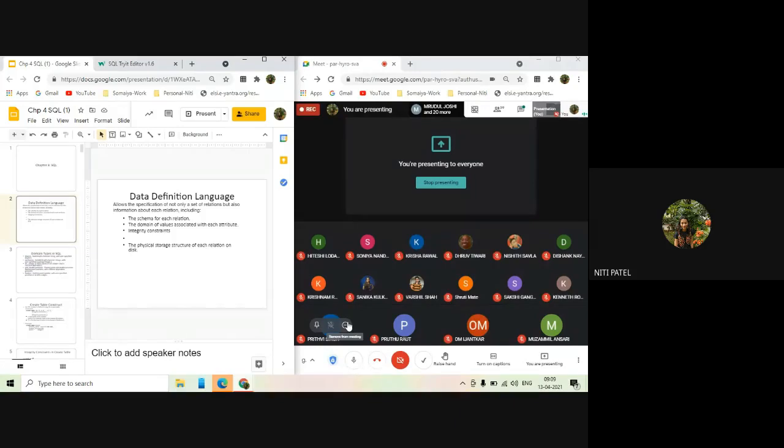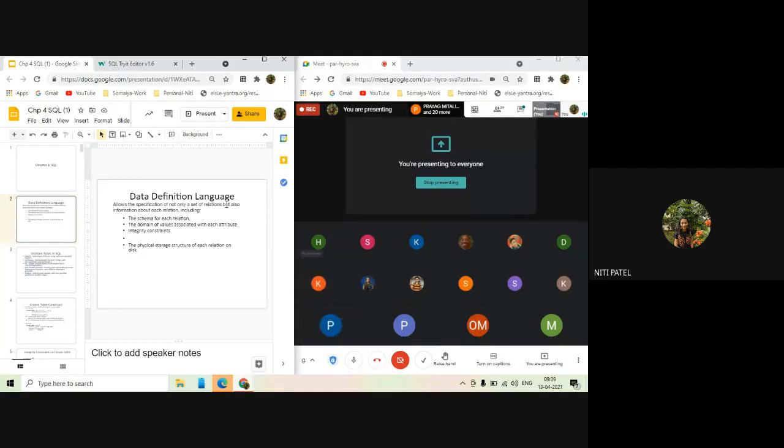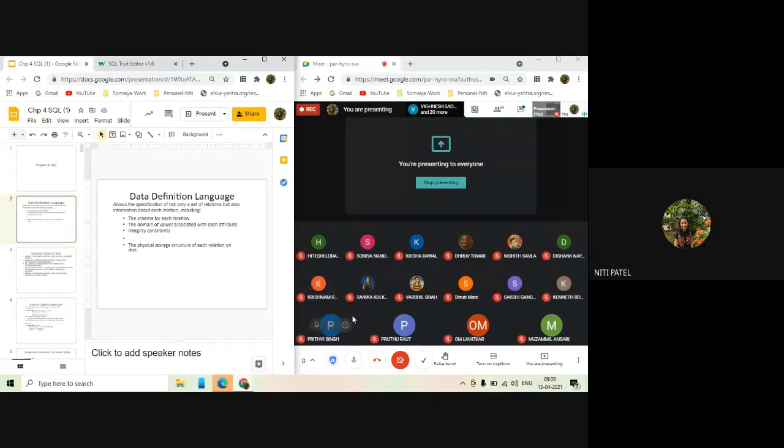Okay. So we have divided these keys into some of the constraints. Some of them are called integrity constraints. Some of them are called referential constraints. Which are the different types of constraints that we are going to see in this chapter? When I talk about data definition language, it is always about integrity constraints. So for now, just remember that primary key and unique key come under your integrity constraint. Okay. So what was primary key? Can anyone tell me what was primary key?